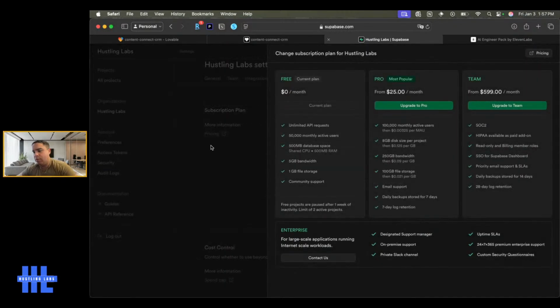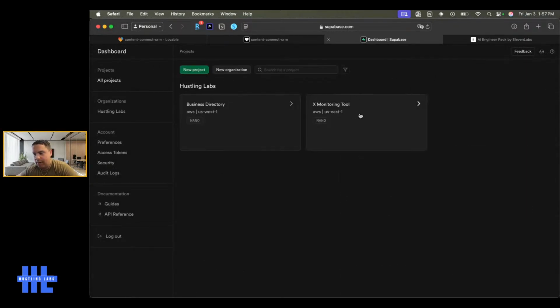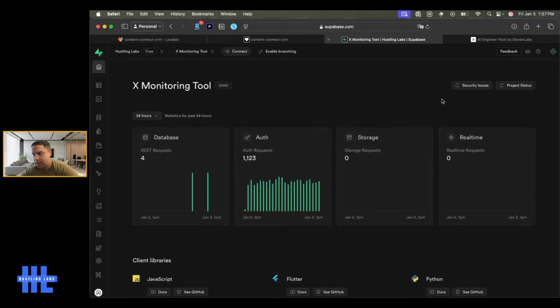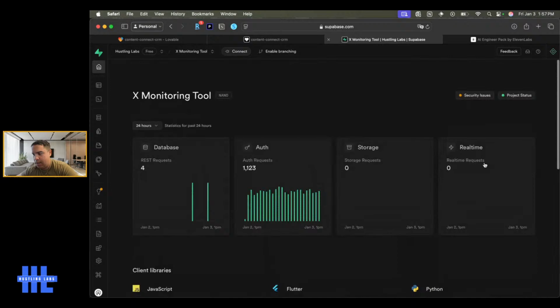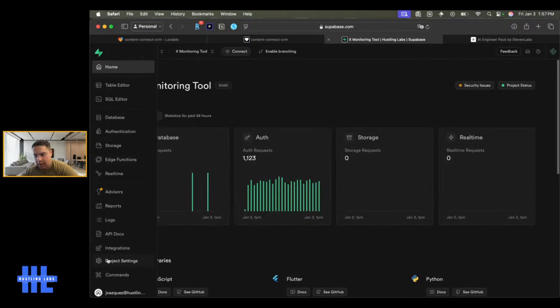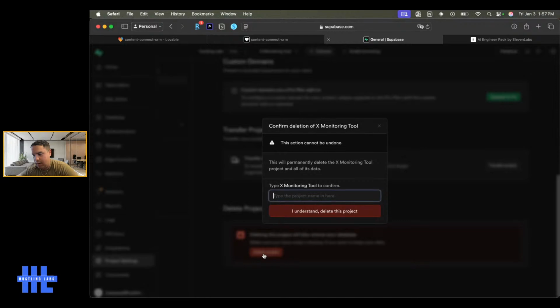Actually, I don't want to do that. I want to stay in the free plan. So we're going to delete this. I am sure that I don't need it, so we're going to delete it. Project settings, scroll all the way down, delete project,